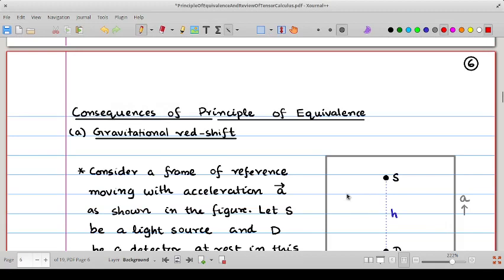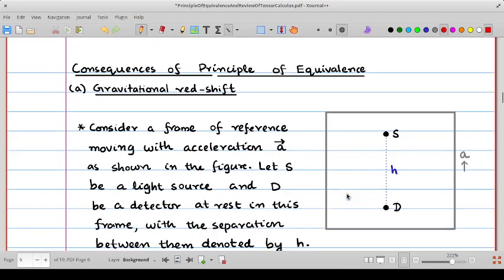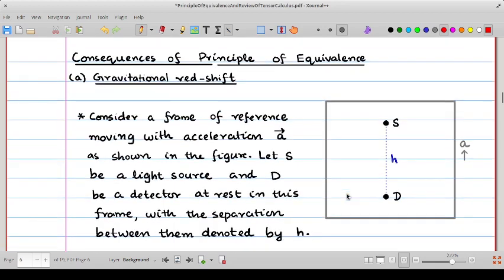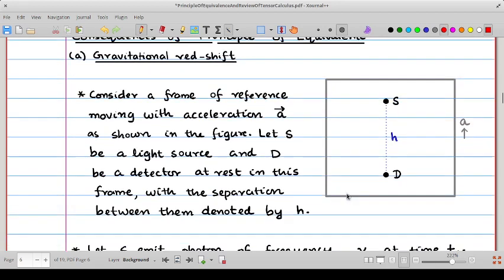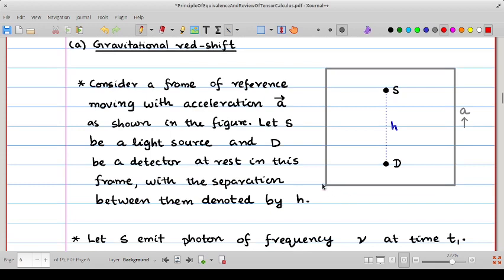We will now consider some of the consequences of these two principles. First, consider the consequences of the principle of equivalence. The first example we consider is called the gravitational redshift. Consider a frame of reference which is moving with an acceleration a in this direction,